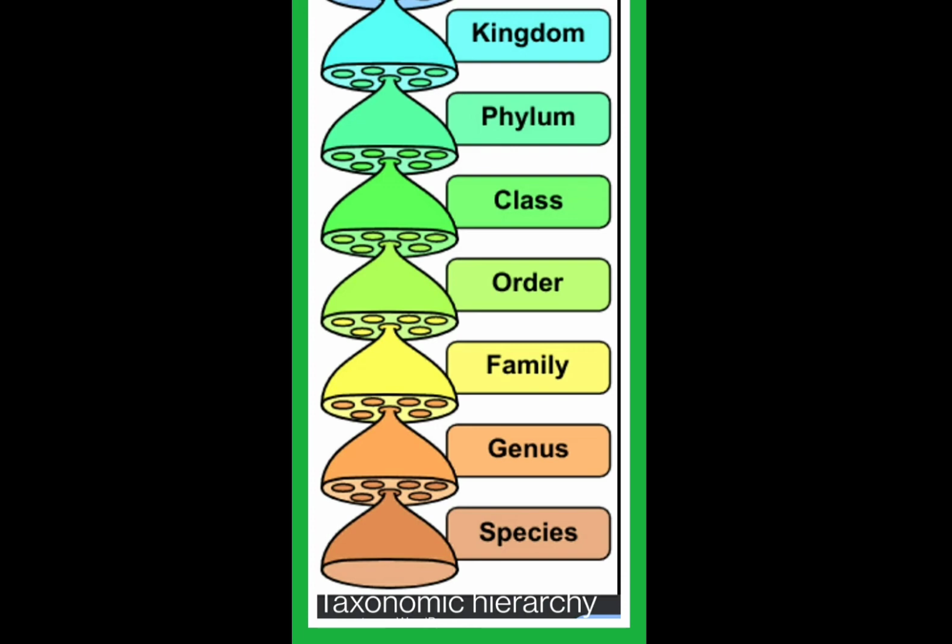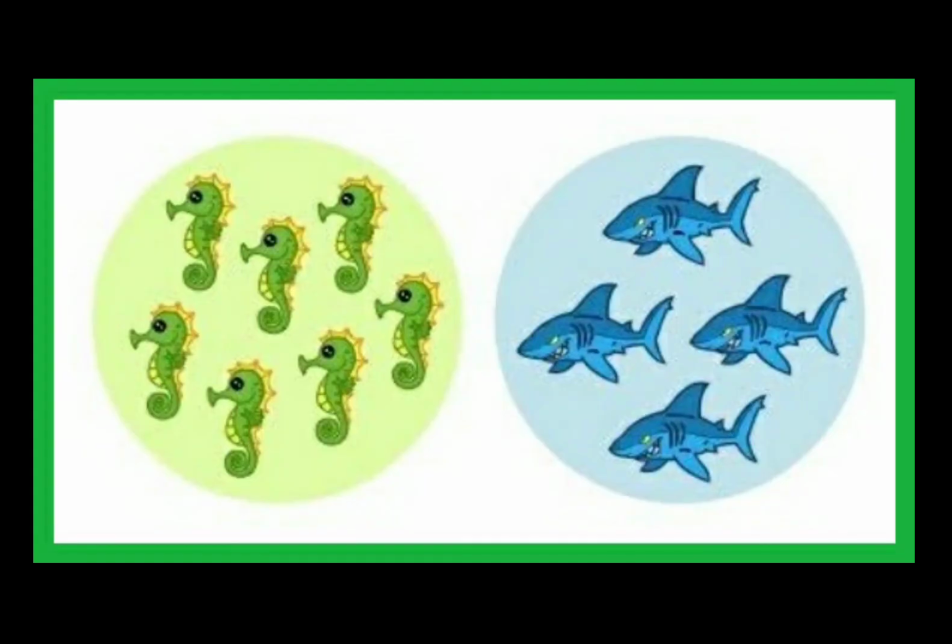Carolus Linnaeus, father of taxonomy, has introduced taxonomy, which has a taxonomic hierarchy. So there are 7 categories here, starting from kingdom, phylum, class, order, family, genus and species. We can memorize them like: keep pots clean or family gets sick. Now the first and basic unit is species. Species is a real unit, it's a real category.